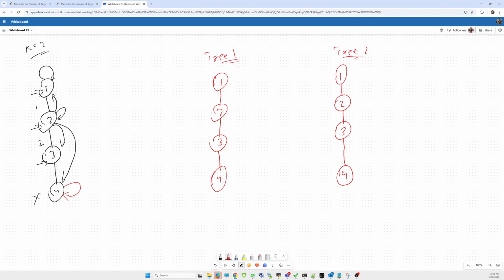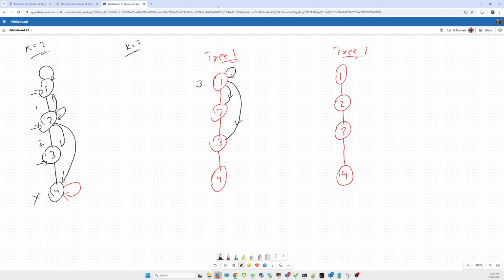First, can we calculate the target separately for each tree? Let's say k value is 2. For 1, we'll be able to reach 3, and it is a target to itself also, that's why this value will become 3.